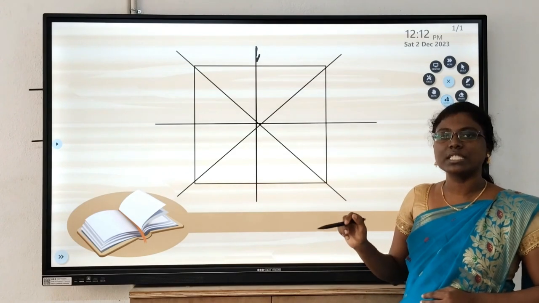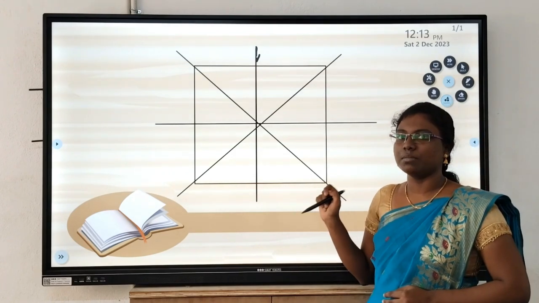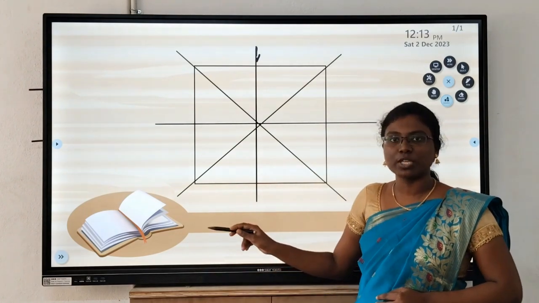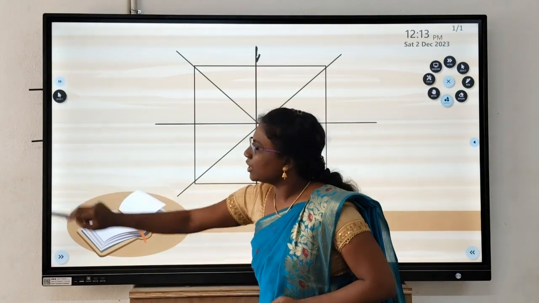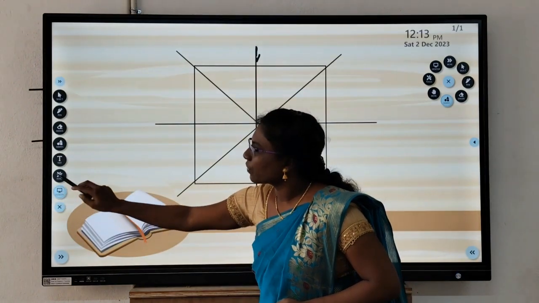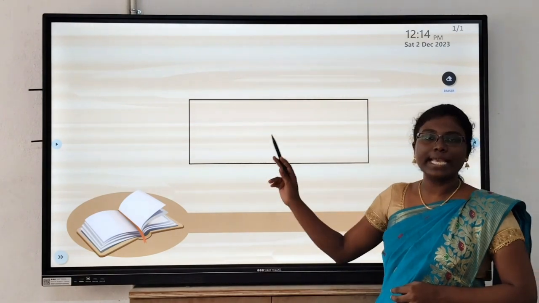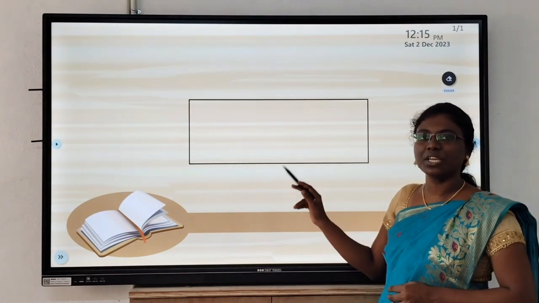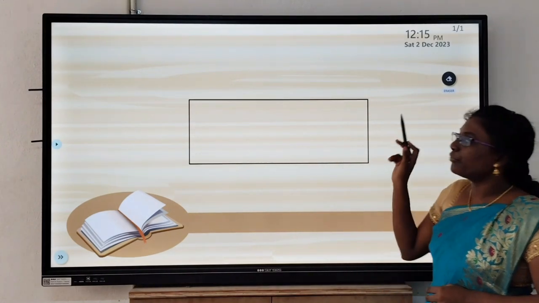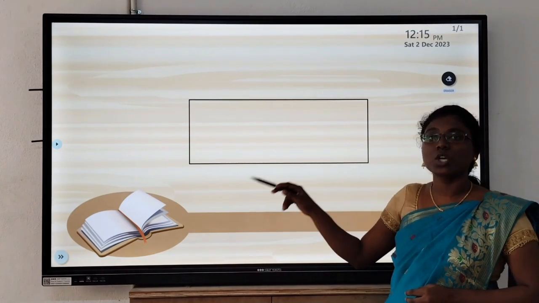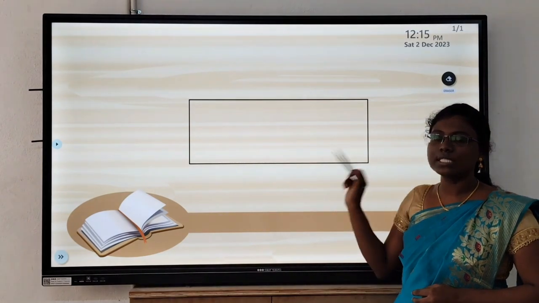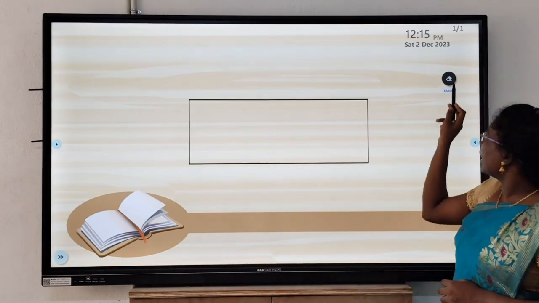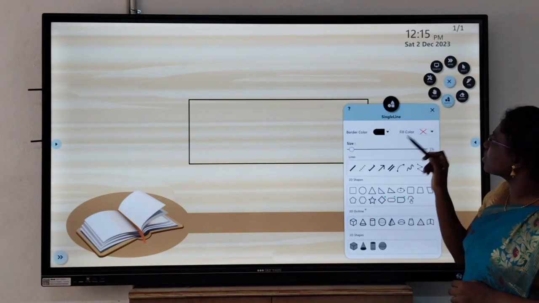Next we are going to see about the 2 lines of symmetry. How will you split an object into 2 lines of symmetry? I will show you another example. Okay, I have taken a rectangle as an example. How will you split the 2 lines of symmetry here? I will show you. First, you have seen in the square shape that we can split horizontally and vertically. Right? So same like here also I am going